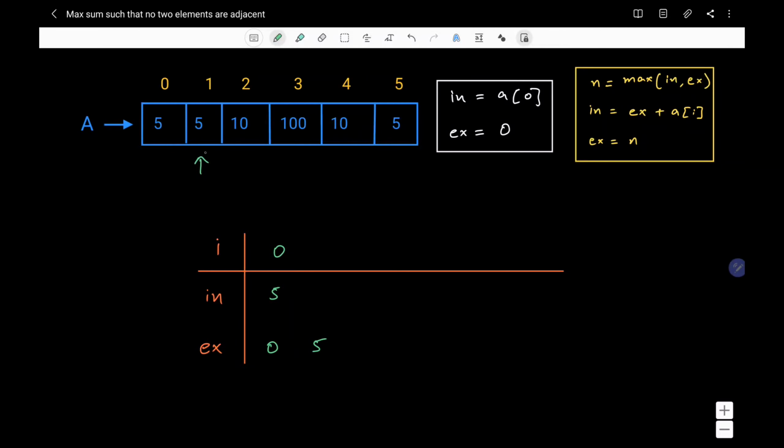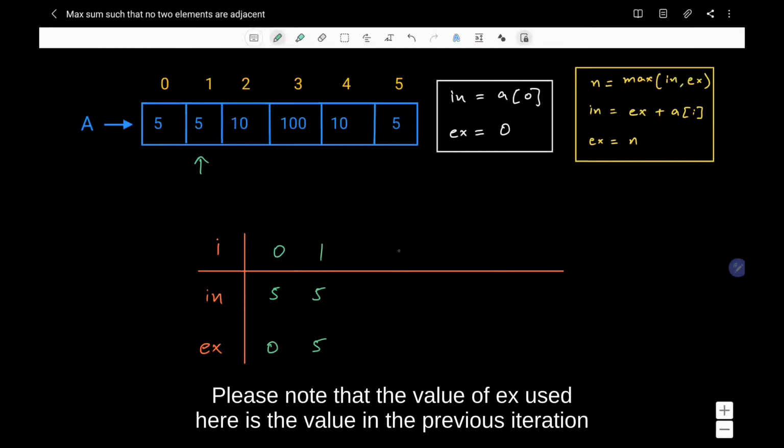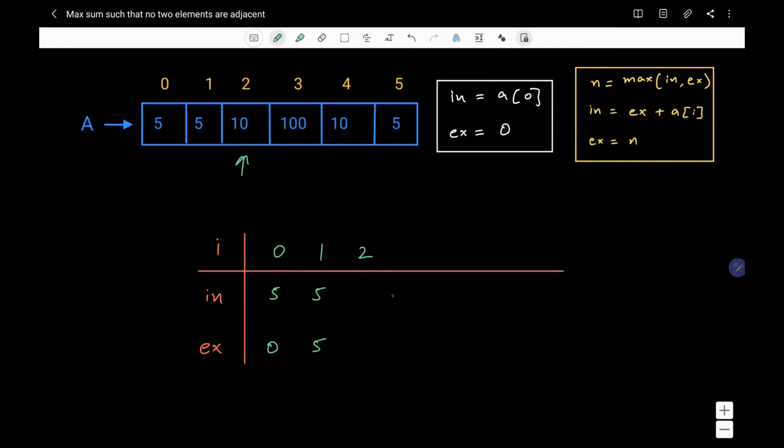And in is ex plus a of i, which is 0 plus 5. Please note that the value of ex used is the value of the previous ex variable and not the current one. We sum the previous ex value and the current element at the index, so no two adjacent elements are added.